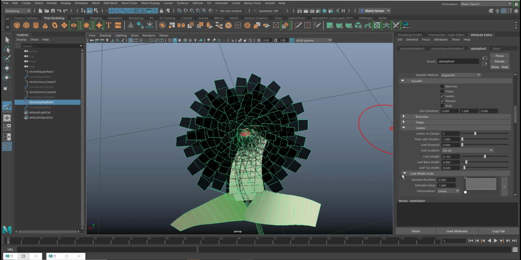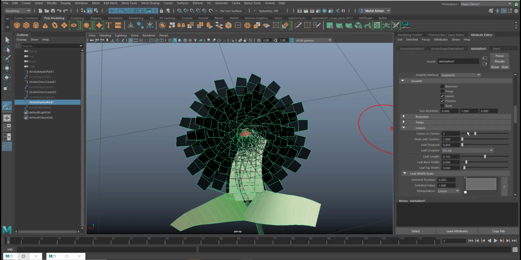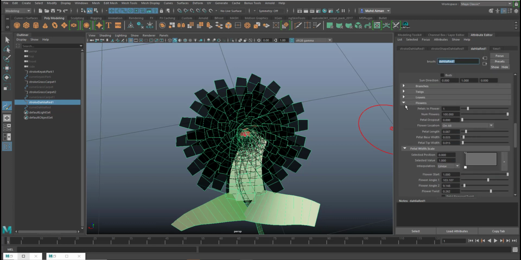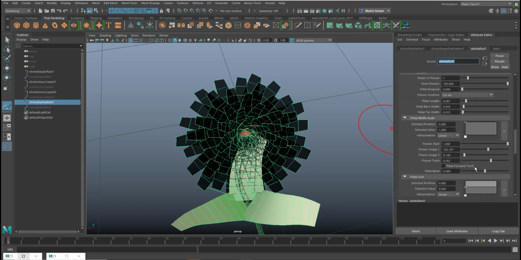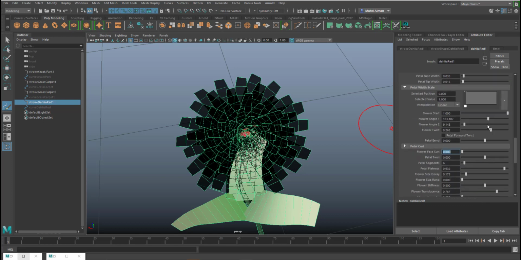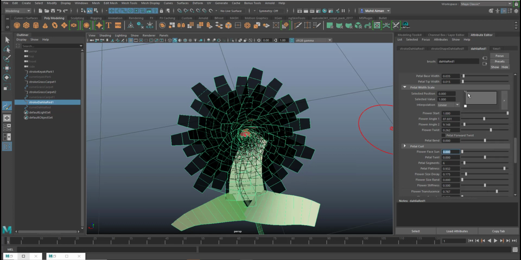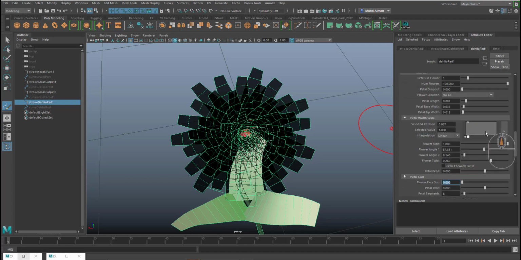So saya nak cuba cari the settings, maybe in leaf length, not the leaf, so has to be in the flower, so should be one of this setting here. So dia punya angle, and this is the width, and saya nak control the amount of the petals, so